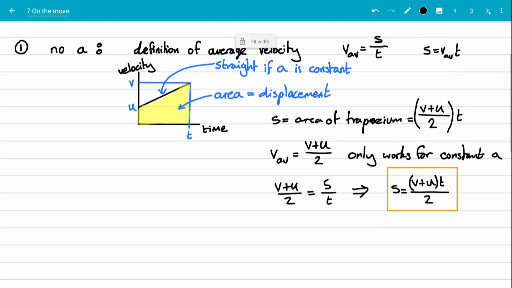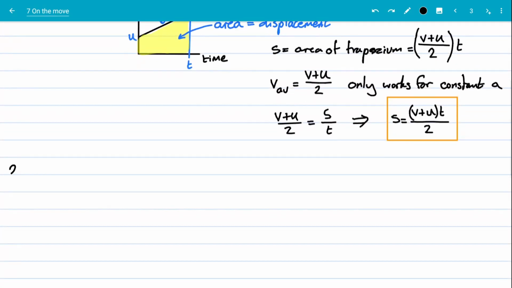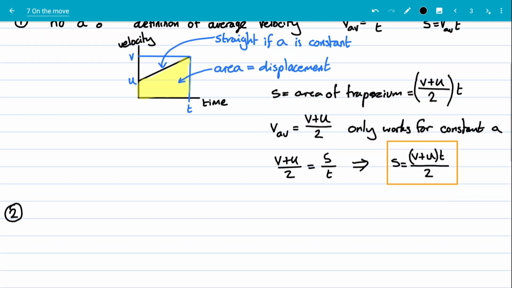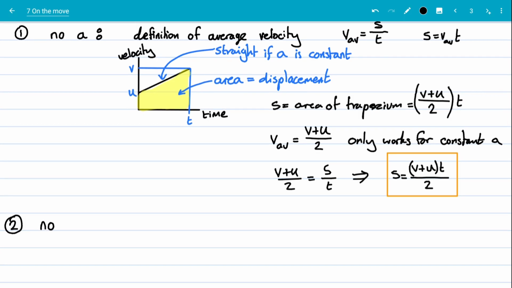So next, let's look at equation number 2. Equation number 2 is actually just the definition of acceleration. But this one is going to be what I like to call the no S equation. We've already done no A. It's interesting that the first equation requires constant A, and A isn't even in it. But anyway, this is the